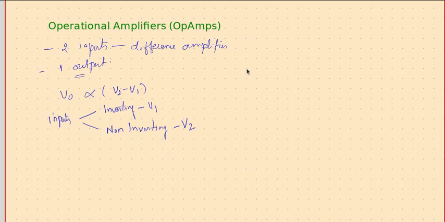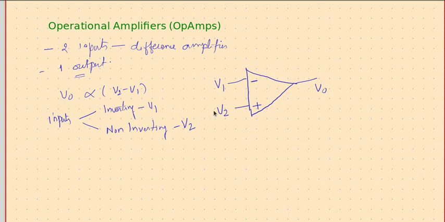And an operational amplifier usually is represented by this symbol having two inputs and one output. So this is V1, this is V2 applied here, and to ensure that this is V1, this is V2, that means to make sure that whatever is applied here gets negated at the output, whatever is applied here comes in phase at the output. So we just mention specifically that this is negated here, this gets the same sign.